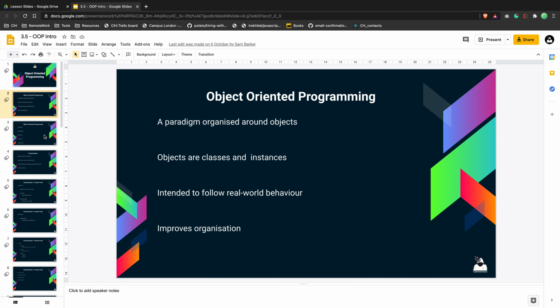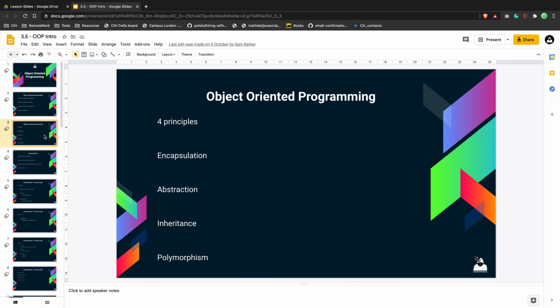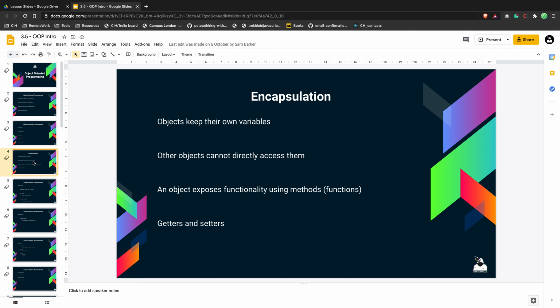Let's move further. And here we have like four principles, which is encapsulation, abstraction, inheritance, and polymorphism. So encapsulation means that you have internal data. You can keep internal data inside your class and instance of the class. So what it means is that,